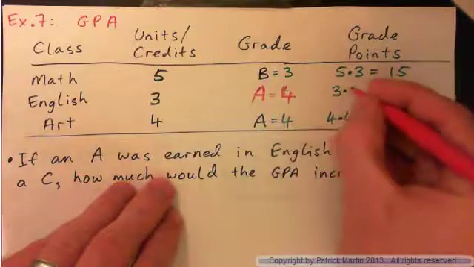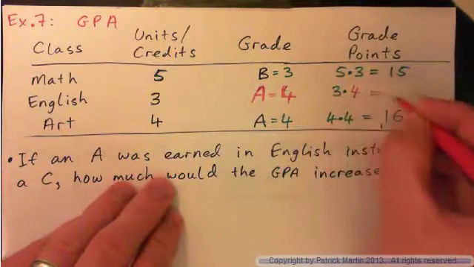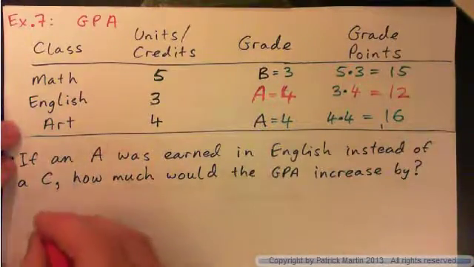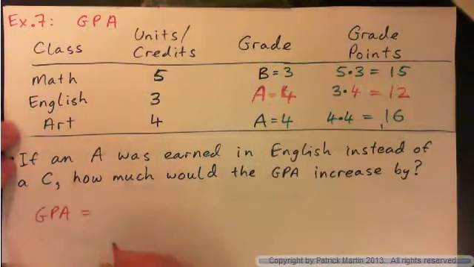So this would be 3 times 4, which would make it 12, right? So my GPA would be